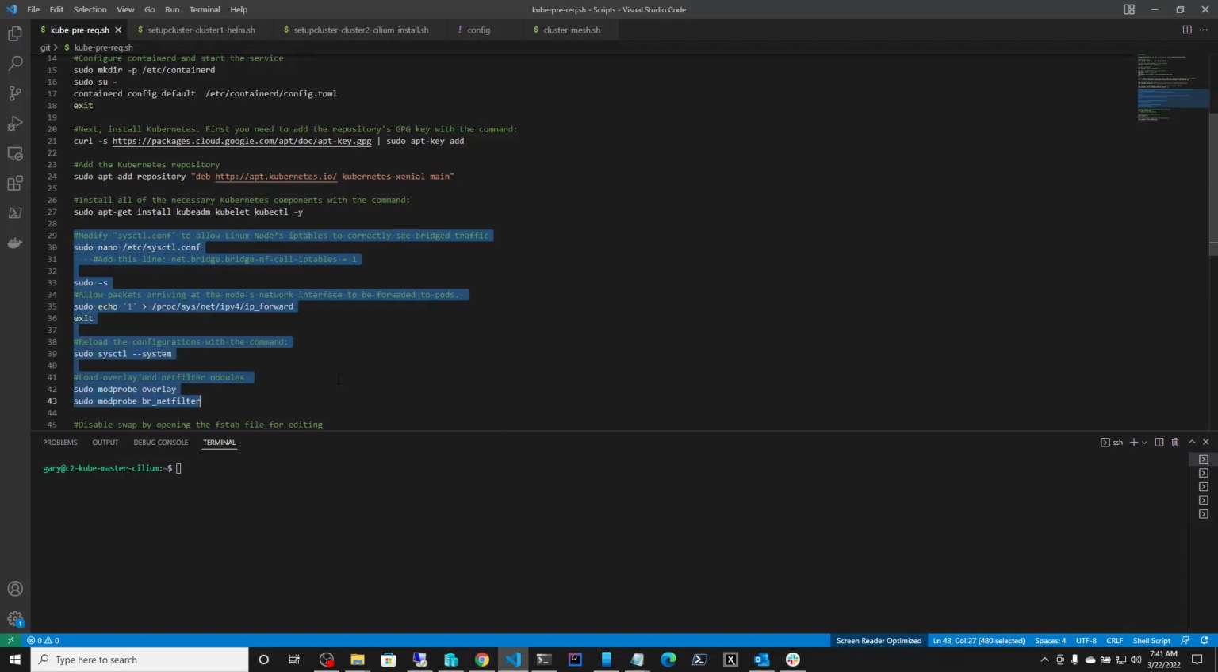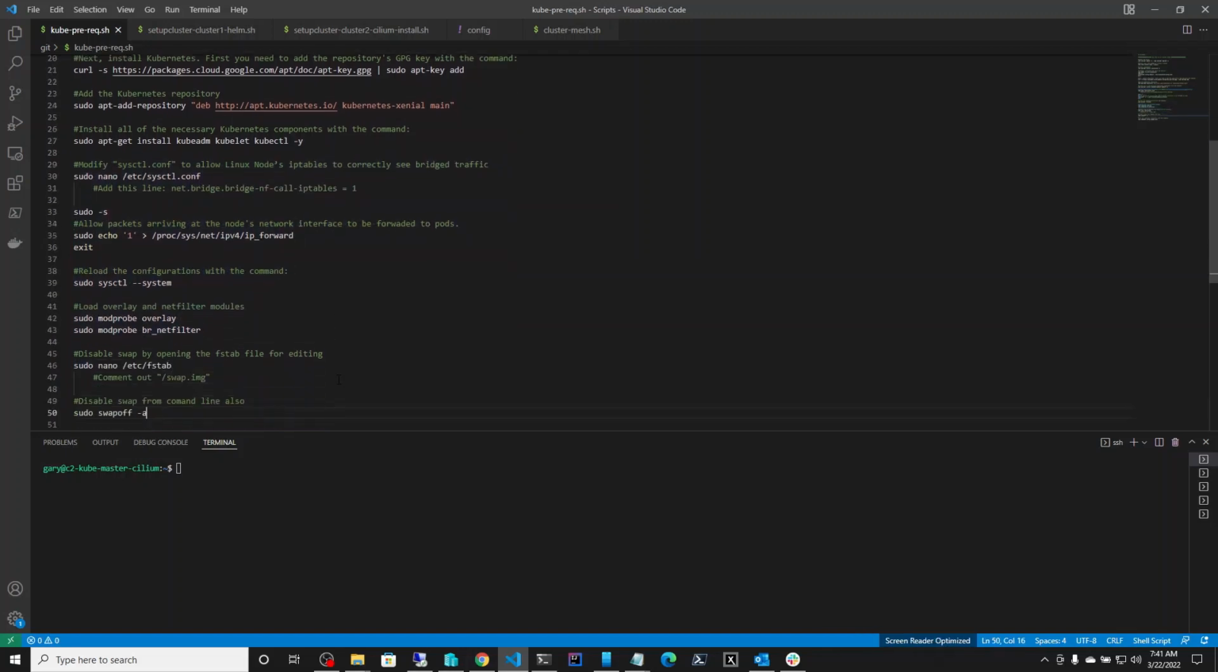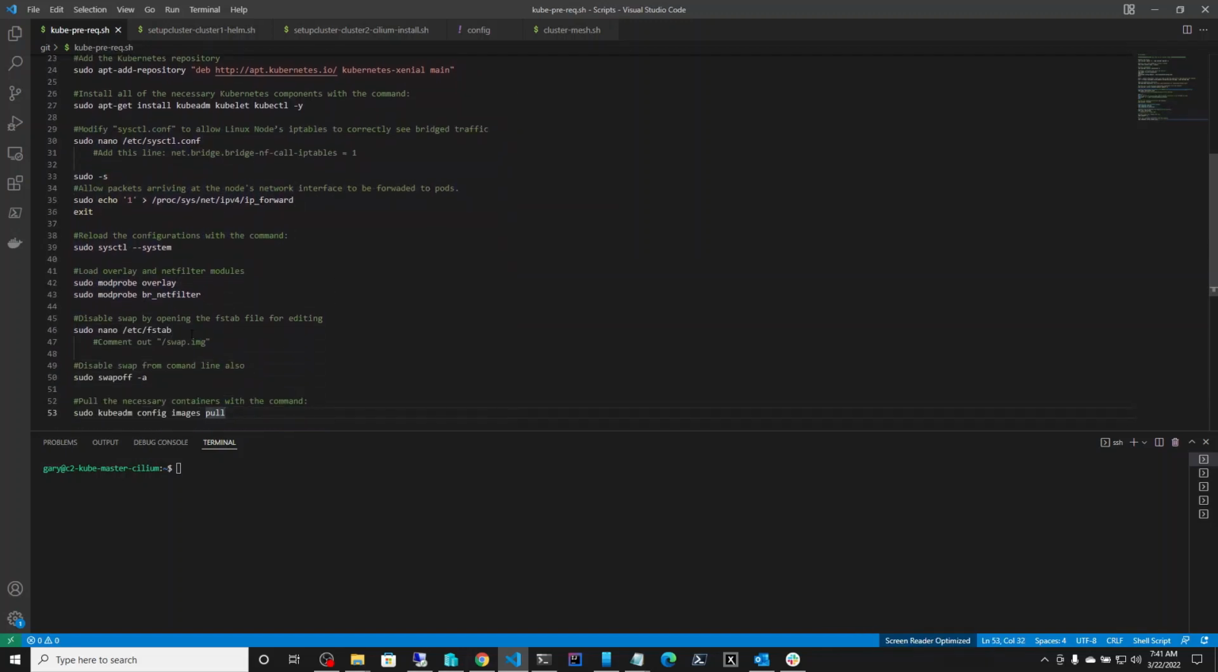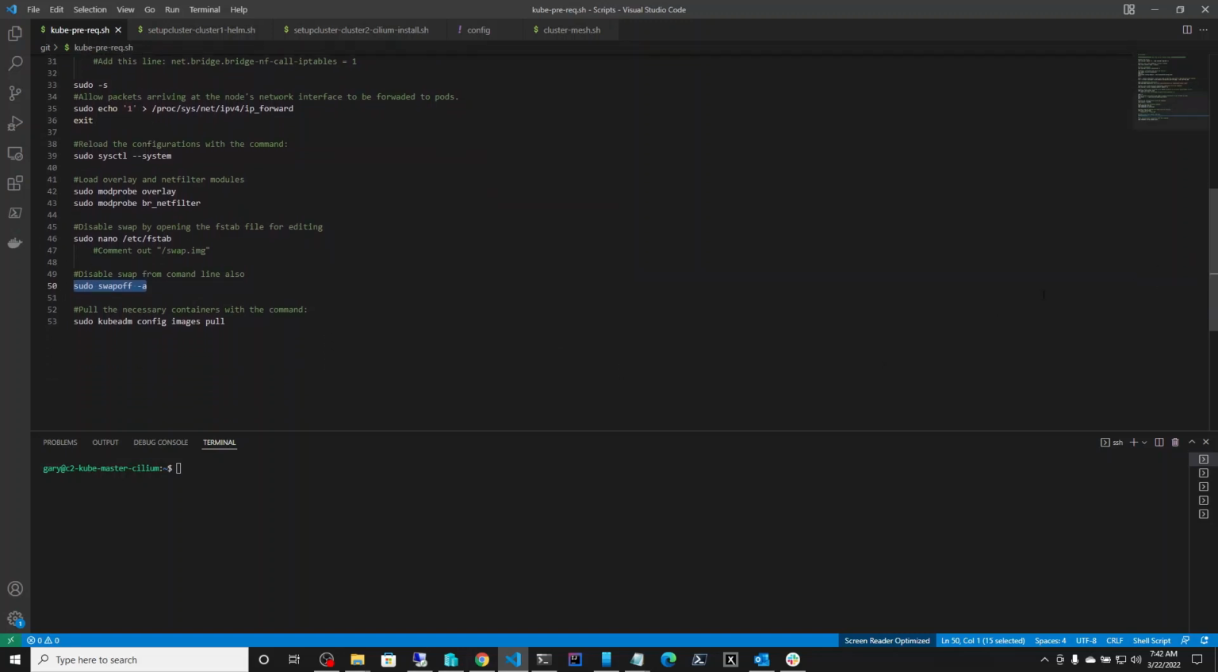So after that, we need to disable swapping, because swapping is not supported on Kubernetes. These lines of code will disable swapping. And finally, we can download the container images that are needed to set up the cluster. So this is as far as setting up the prerequisites is concerned. Okay, now let's move on to the second